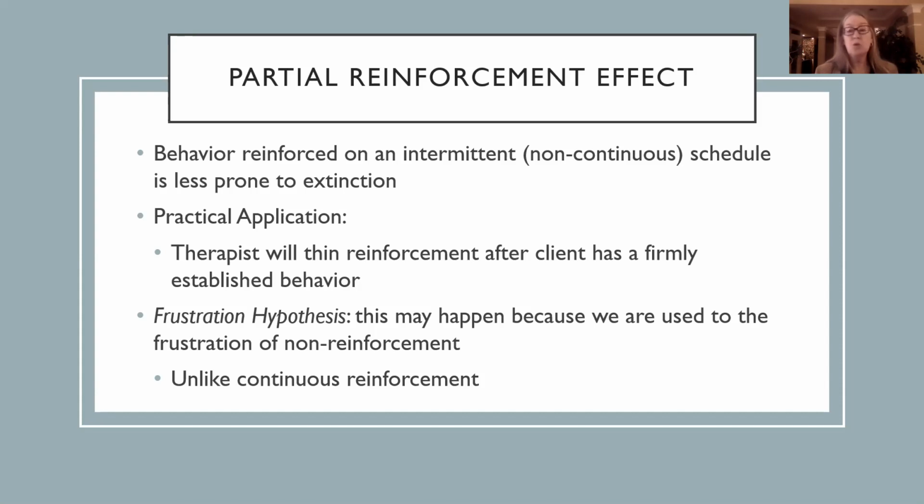Another explanation is the discrimination hypothesis, which says it's harder for the organism to distinguish that this is an extinction trial versus a learning trial with the intermittent schedule than with the continuous reinforcement schedule. So on continuous reinforcement, every time you do the behavior, you get the reinforcement. So when you do the behavior 3 or 4 or 10 times and no reinforcement has come, you're like, I'm out of here. But if you're on, let's say, a variable ratio schedule that's 10 on average,